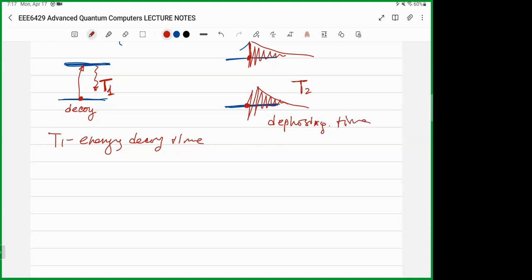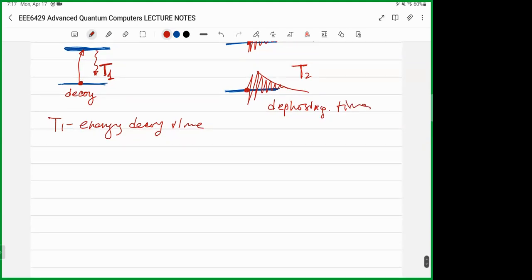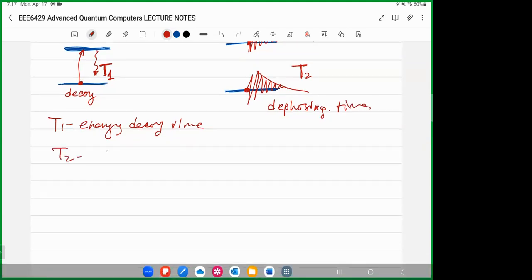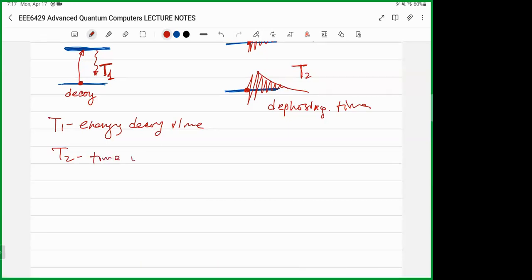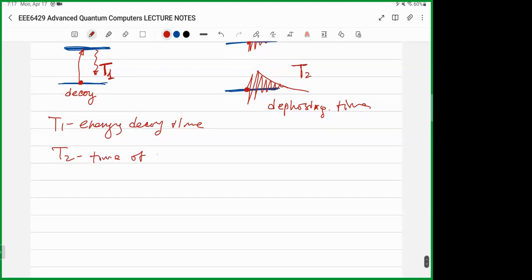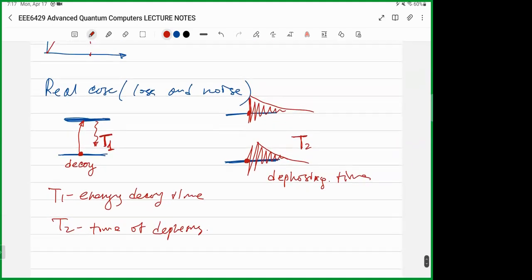Dephasing time. And yeah, T2 is the time of losing the coherence, right? Time of dephasing. And this is pretty important to understand that a quantum system,